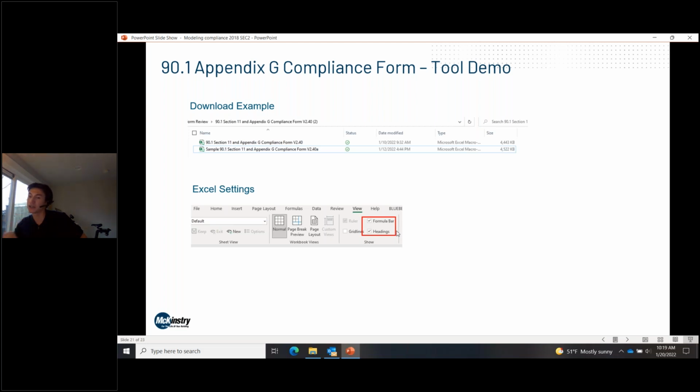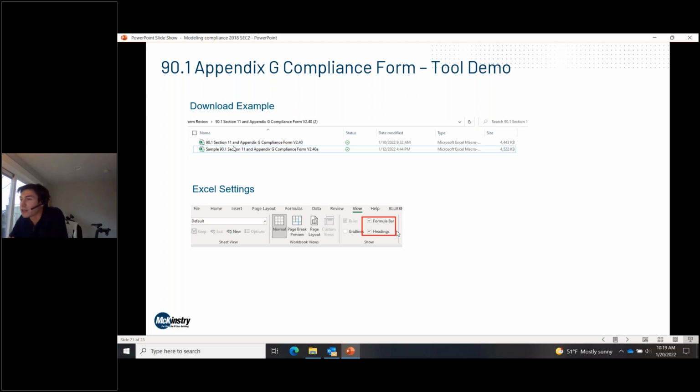I'm not going to go into the details of each input, but I just wanted to give context for how big the compliance tool actually is, and what it will be like to fill out. When you go to that Energy Code website, you'll download the compliance form. It'll come with two files. One's a blank compliance form, and one's a sample compliance form that's fully filled out. So as you're going along and you get confused or lost, you can always check back to that project example as a good reference for what things are supposed to look like.